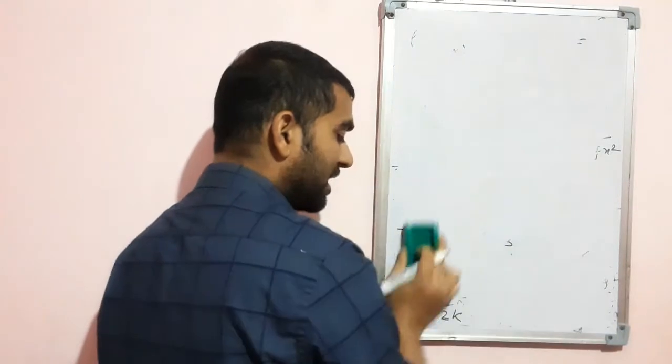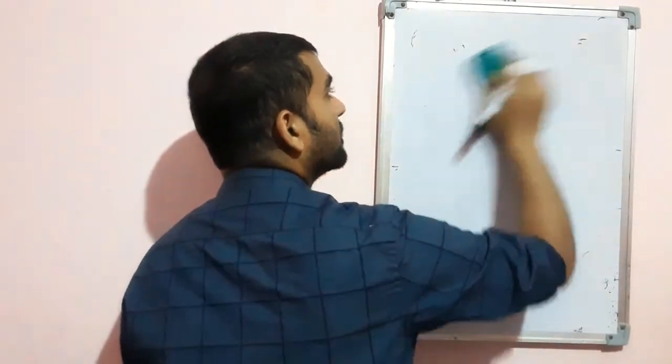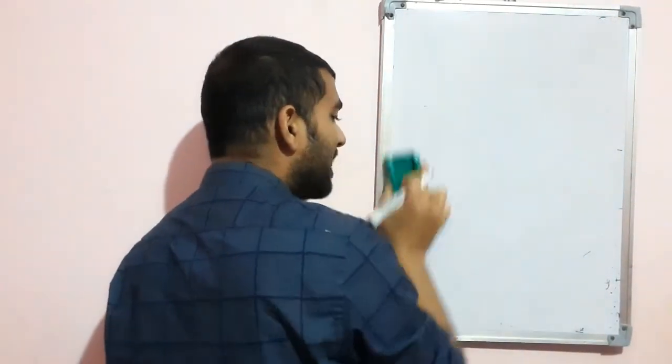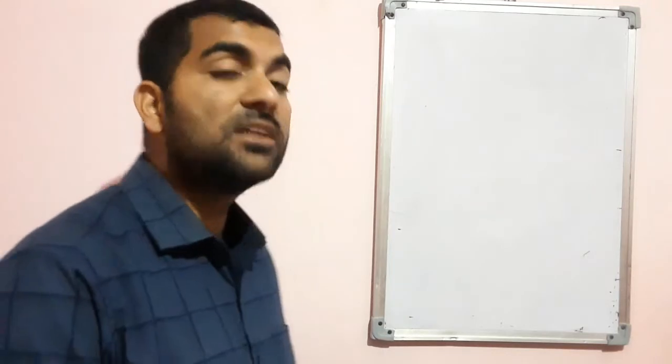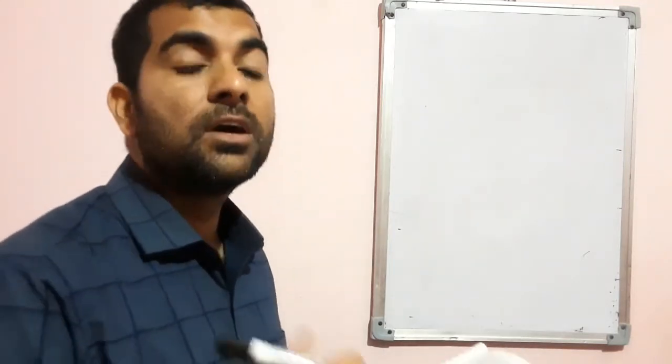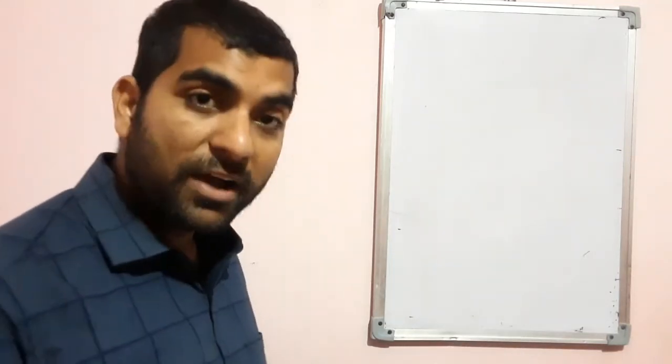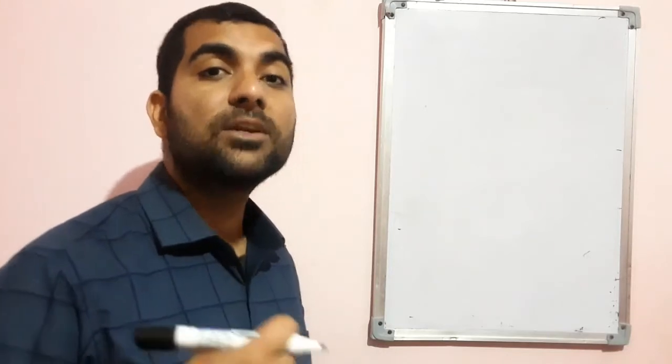Directly you will not be able to solve. So sum, why are we finding sum? Because the 2 zeros have opposite sign. So if they are reciprocal, we have to find the product. If they say one zero is the reciprocal of the other, we will find the product. But if they say equal in magnitude, that's why we find the sum, so it will be cancelled. So now try